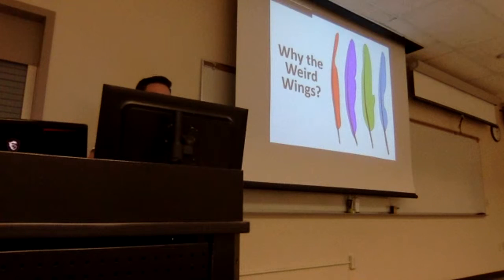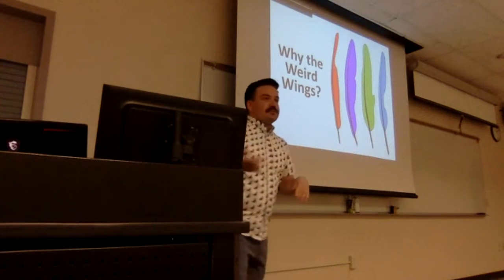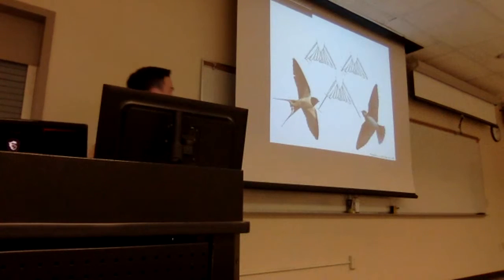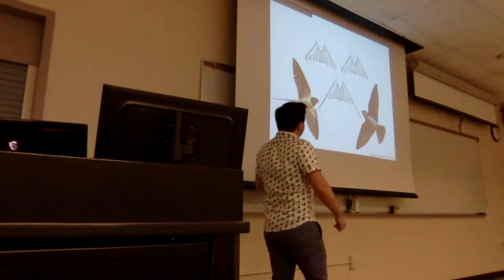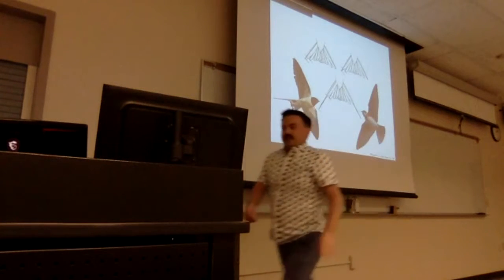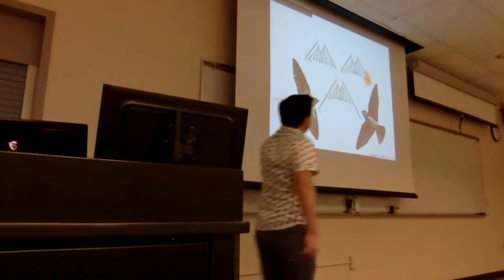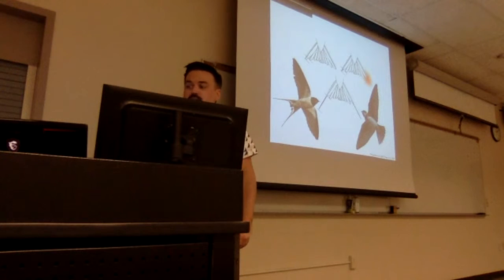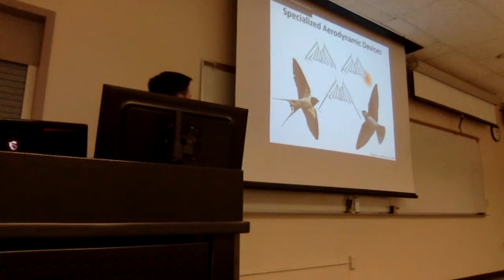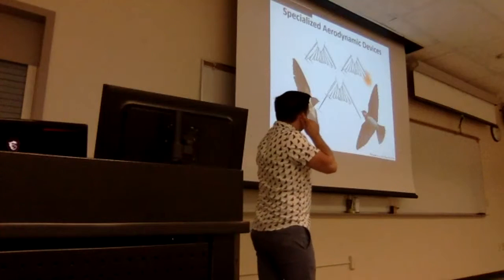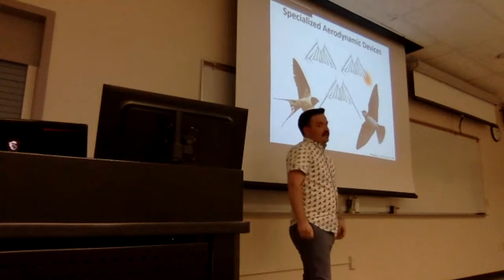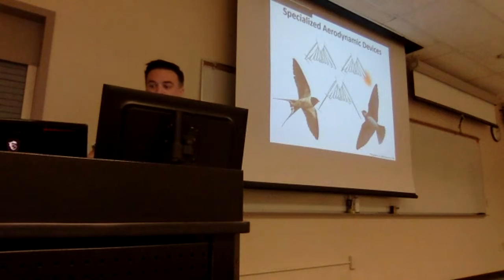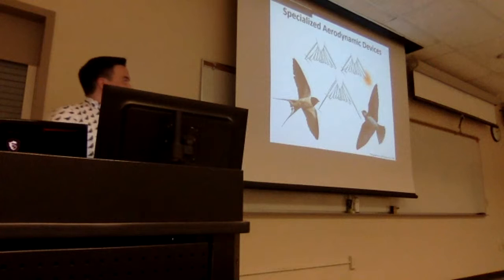To answer this question, we might start by looking at the feathers of the tail, which have been subject to much more research than the feather shapes of the wing. And in the tail, we see that there are some morphologies, like these elongated streamers, and not quite elongated, but these narrow pointed feathers in swallows and martins, specialized to improve maneuverability during flight. So this can be thought of as a specialized aerodynamic device that improves the maneuverability of certain swallows. So we might see feather shapes that become specialized for unique types of flight.